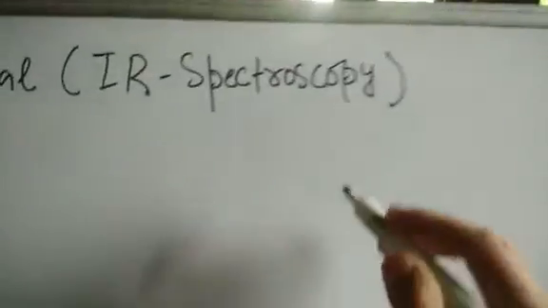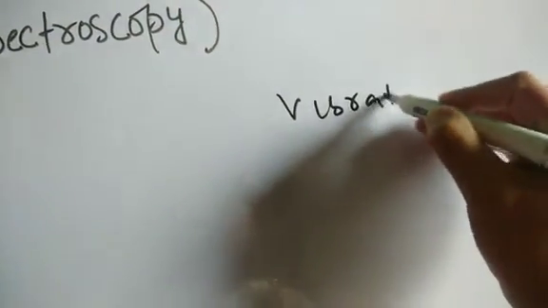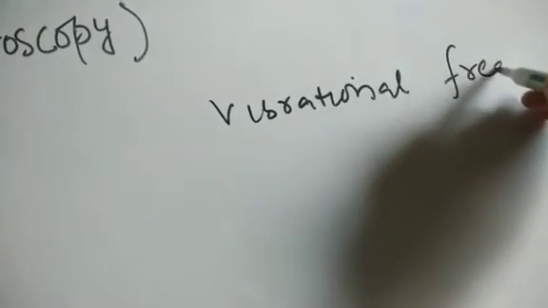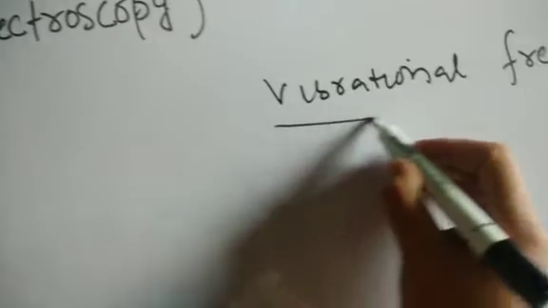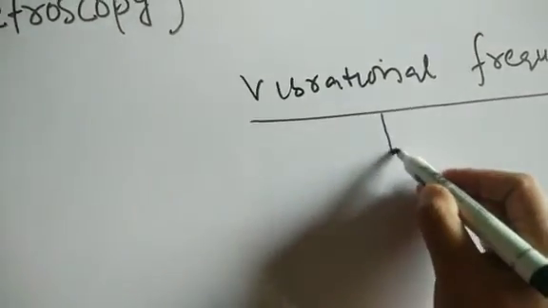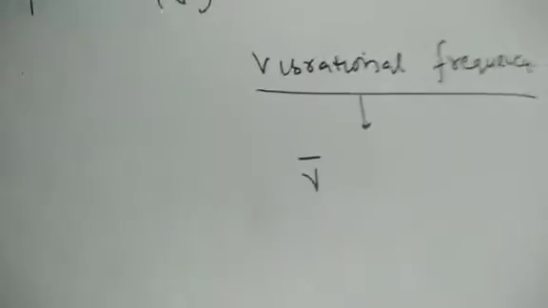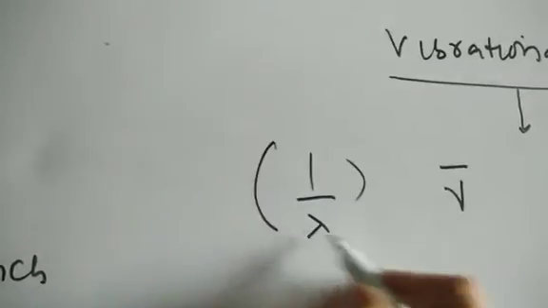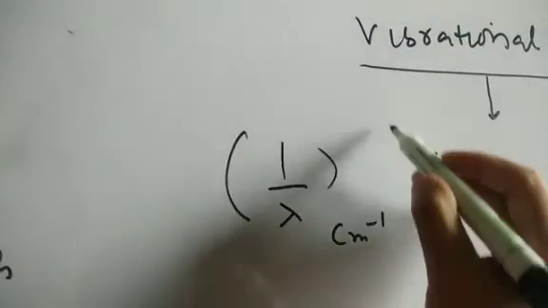The frequency with which molecule vibrates. So vibrational frequency. The frequency with which a molecule vibrates. Let us say it's a diatomic molecule, जैसा कि हमने बनाया. The vibration frequency is given by, I will not go deep into it, I will put the vibration in terms of wave number. Wave number हमने पहले ही देखा, it is 1 by wavelength. इसका unit होता है centimeter inverse. So that vibration frequency is equal to